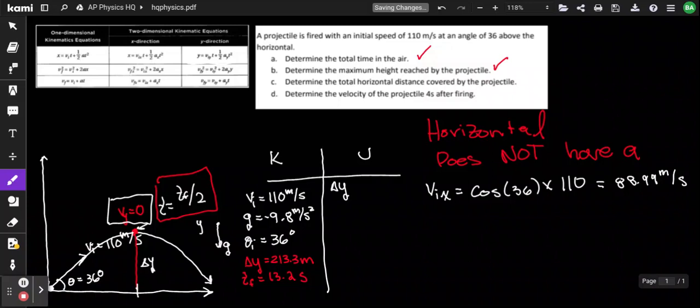Okay, so we have our initial velocity, we have our time, and we know that our acceleration is 0. So using the first equation, it seems that that is going to be the best one to use. Delta x, which is the total displacement traveled horizontally right here, is equal to initial velocity times time